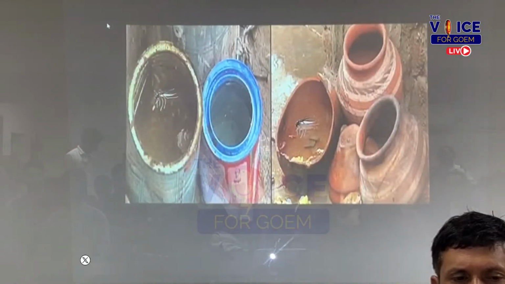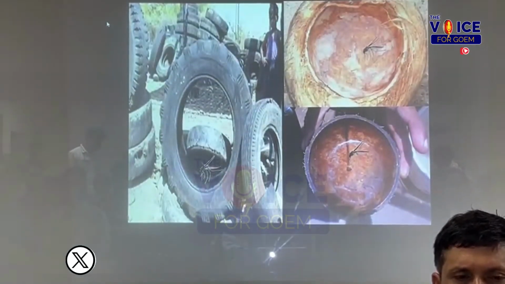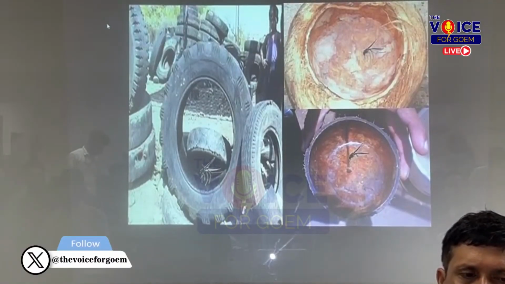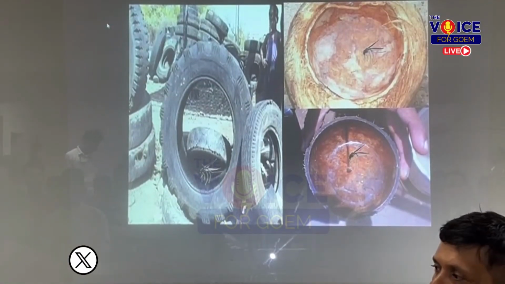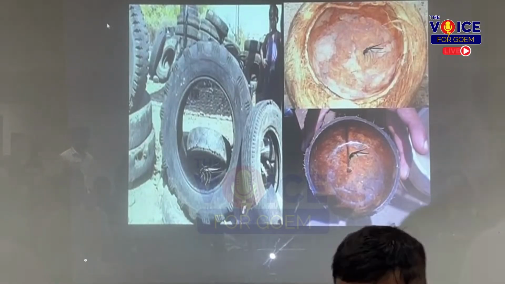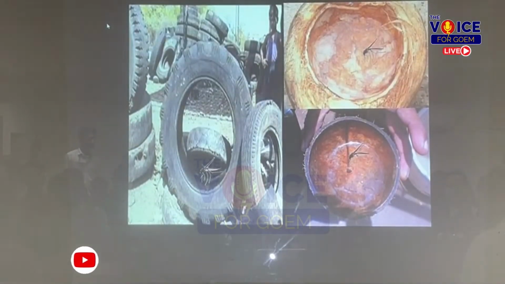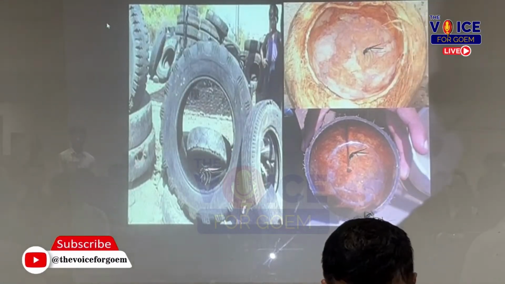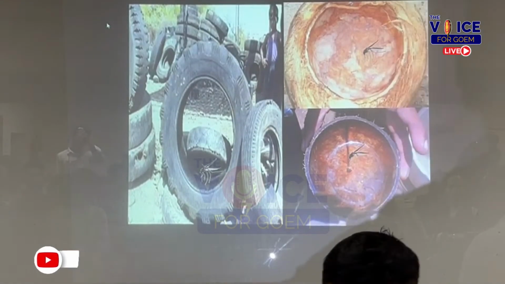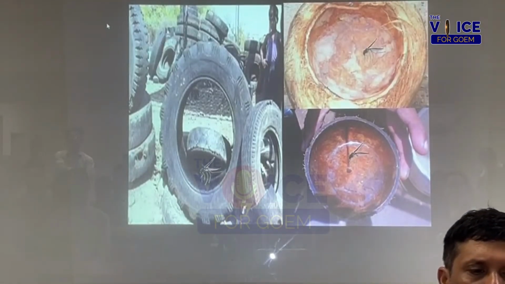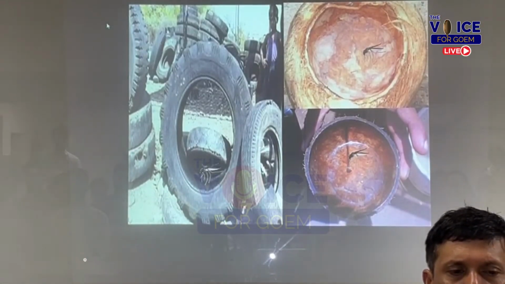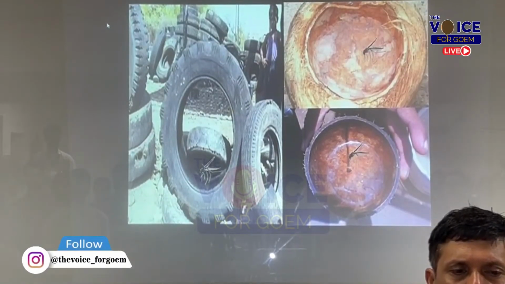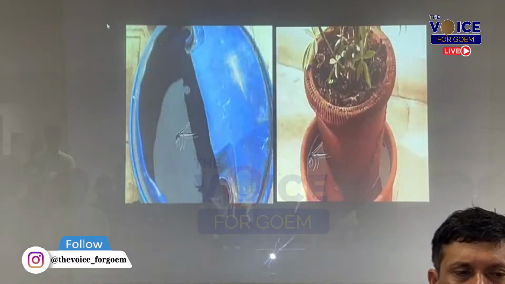Next please. These are again discarded tires. In fact, we have planned collection of discarded and disused tires, because this is another favorite place for the mosquitoes to breed. And also people should realize that they don't need a lot. The mosquito is a very small, tiny insect. They don't need a lot of water for breeding. Even if you have a discarded spoon or a small cup and a little bit of water, you get mosquitoes breeding in those.